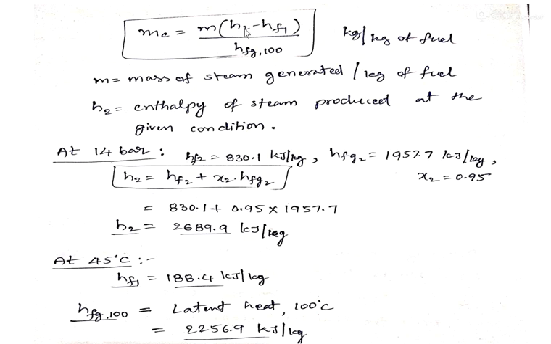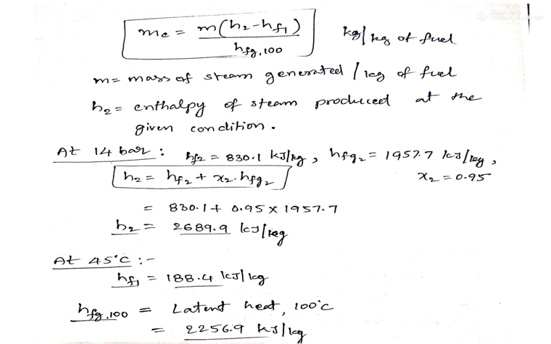So, let us see how to find this H2. H2 is the enthalpy of the steam produced at the given conditions, means at 14 bar and at 0.95 dryness fraction, which is given in the question. It is given that the steam quality is 0.95 dry, so we can say that the steam is at the